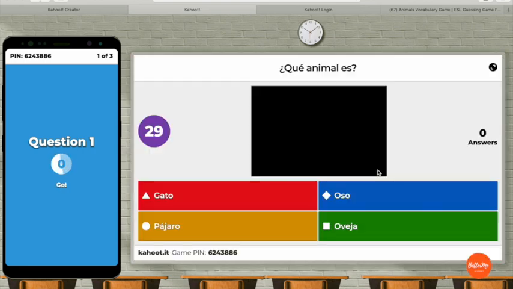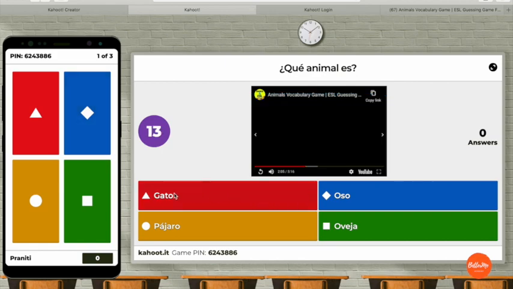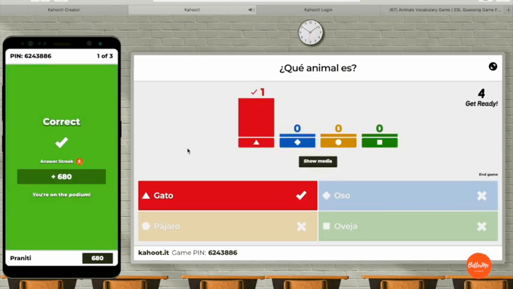That's the first question. So here are the 4 options: red, blue, yellow and green with different shapes. And what is the right answer? This red triangle. I need to just choose that and it's correct.